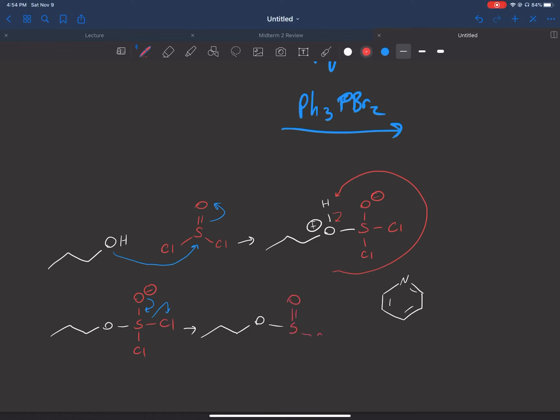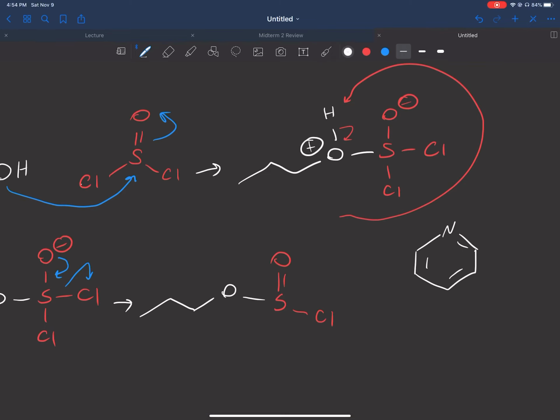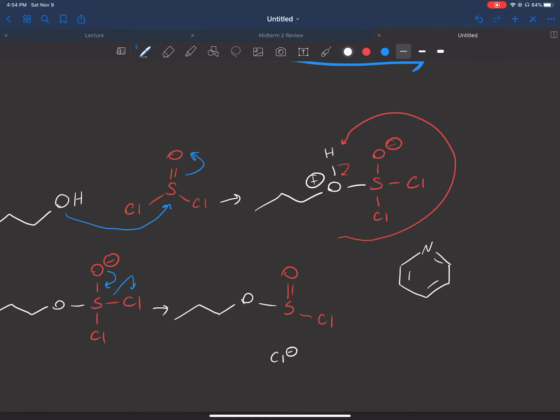Now remember that chlorine that we just kicked out is that Cl minus. It's now going to come in and attack the carbon right here, the one bound to the oxygen. Now it does this in a backside attack, or an SN2 attack. Okay, that's the key thing to keep in mind. So it attacks that carbon, then this bond breaks over here, kicks this chlorine out,